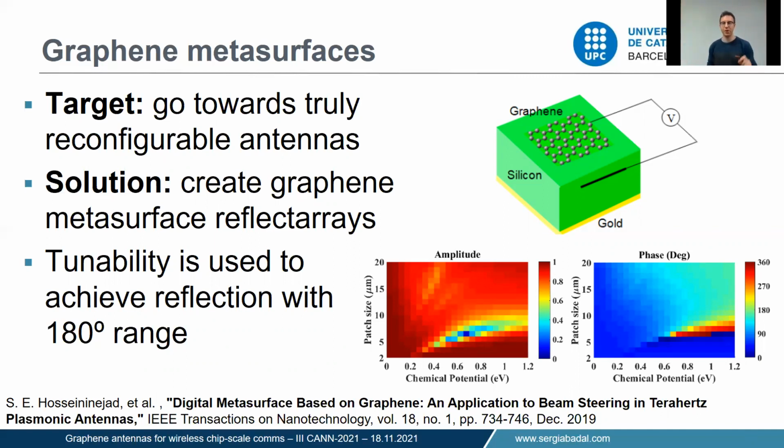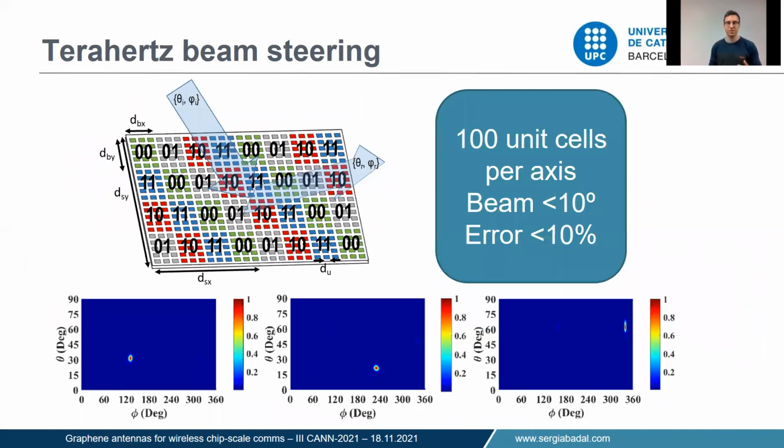So we picked some points in terms of chemical potential that provide those phases with high amplitude, and with that we started building metasurfaces for different applications that could be built out of these unit cells. And this example here is for terahertz beam steering, a